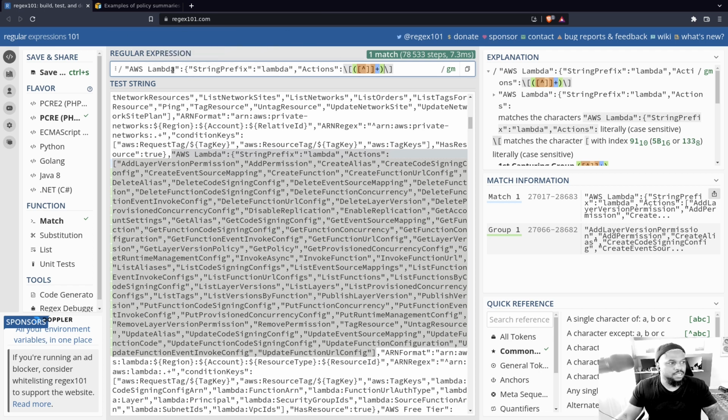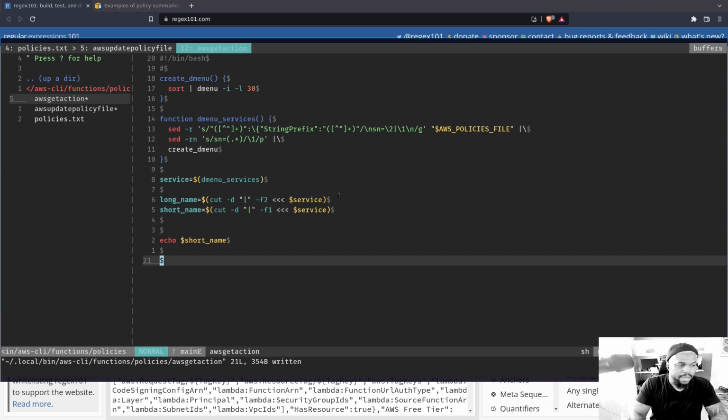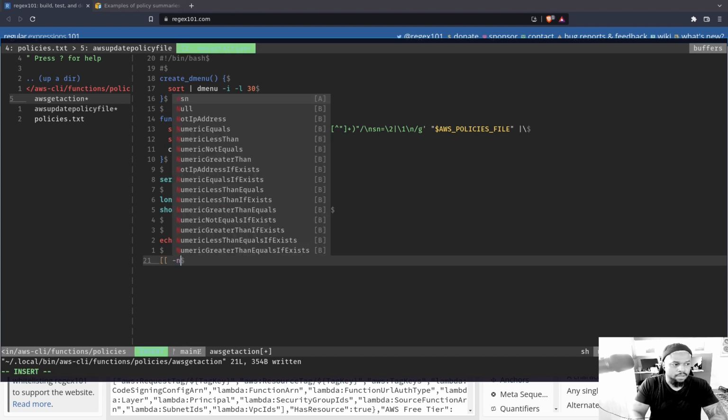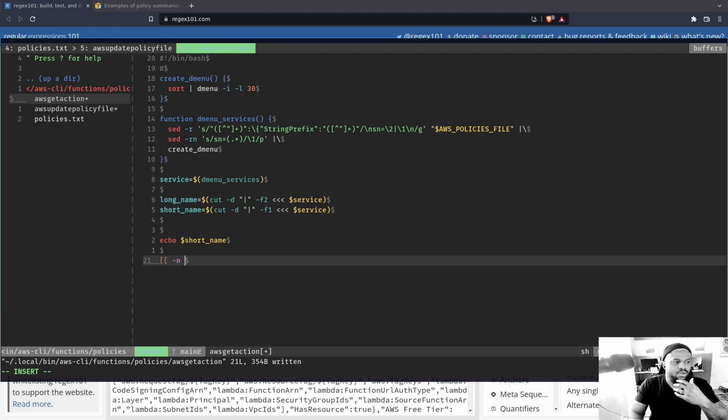But of course, this doesn't work with everything, because everything is not AWS Lambda and everything is just not Lambda. But the good thing is we already have that information when we pull out the services. This is like our long name and this is like our short name. So if we have that, we can take this, go back here and say, first let's say if the service that they chose is not empty, that's -n, so long as it's not empty,